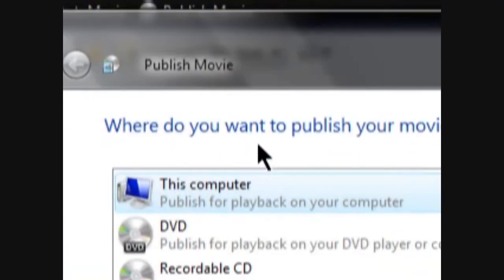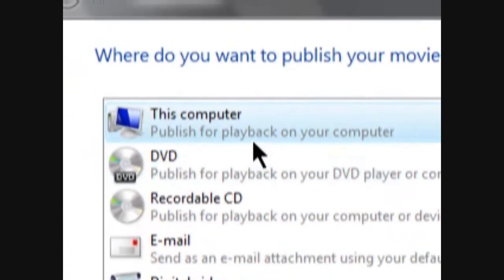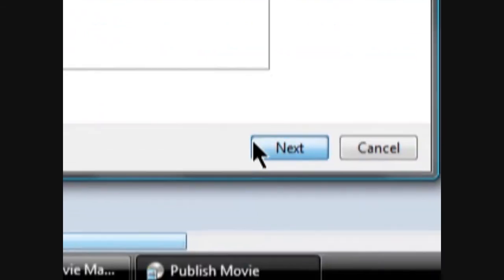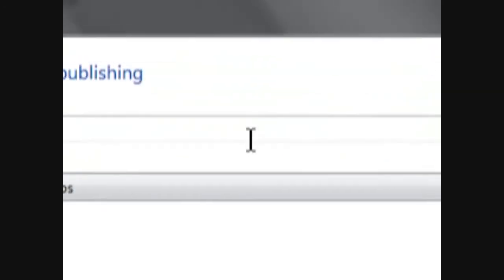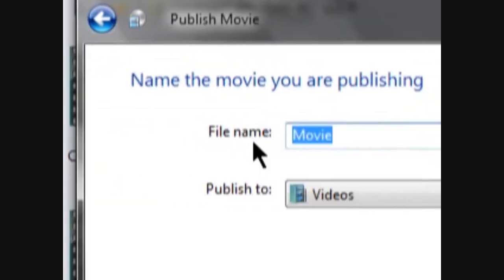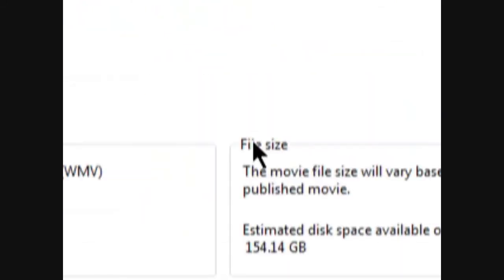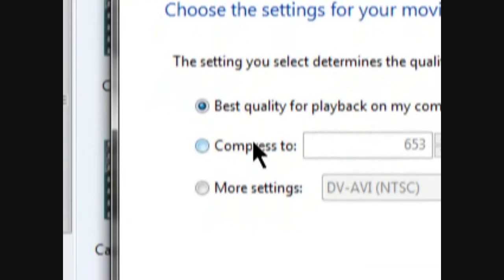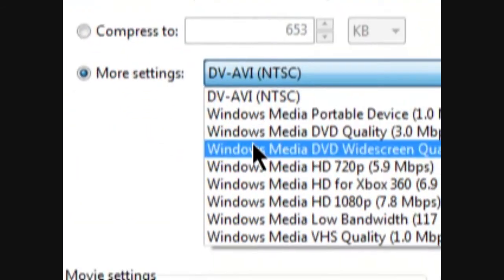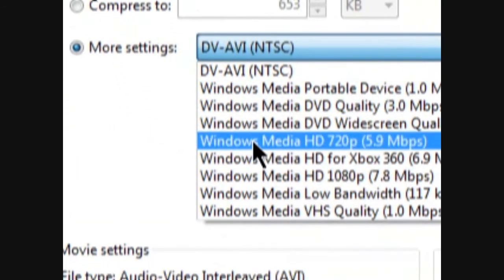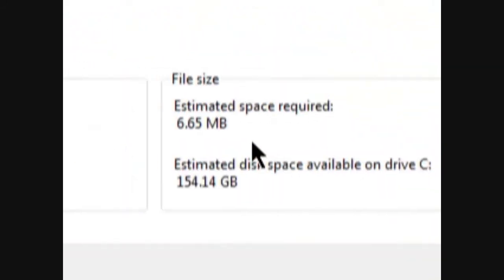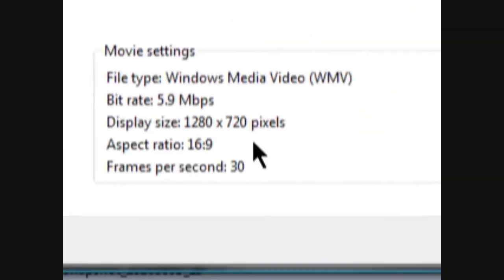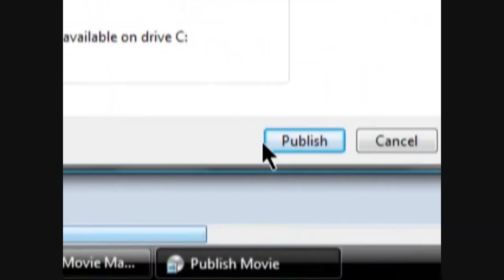Okay, and it says where do you want to publish your movie, and I usually click this computer and you click next, and I usually go to videos and I'm going to name it test, and then I click next again, and you can click best quality, but I usually go to more settings, and then I click on Windows Media HD 720p because I want y'all to see it in high definition. And then it tells you how much space is required and how much is left. It tells you the settings, and then you click publish